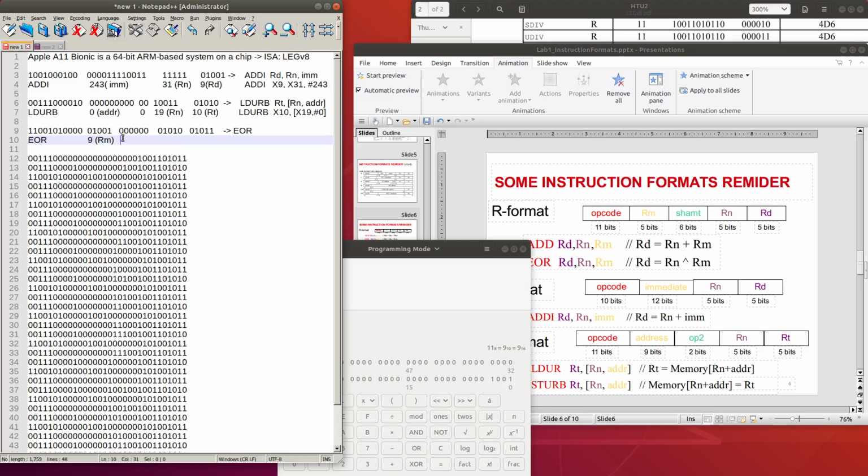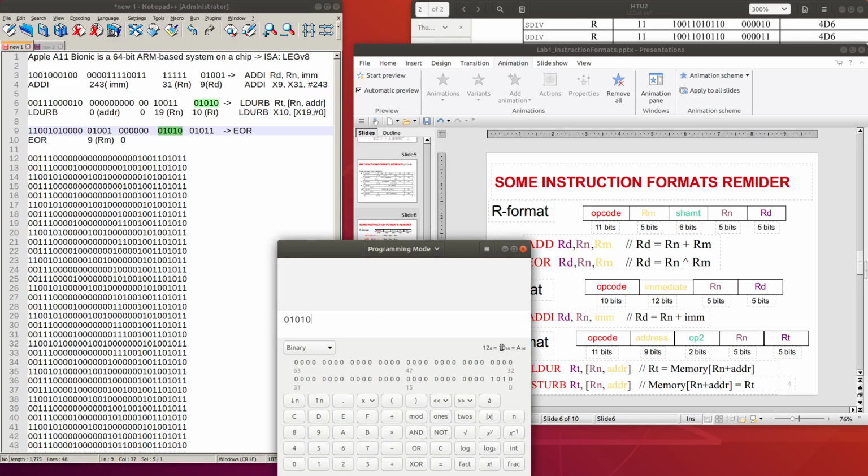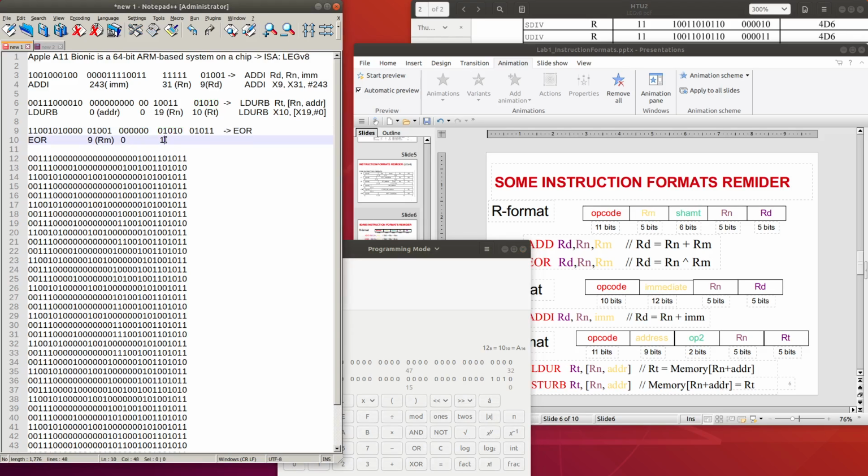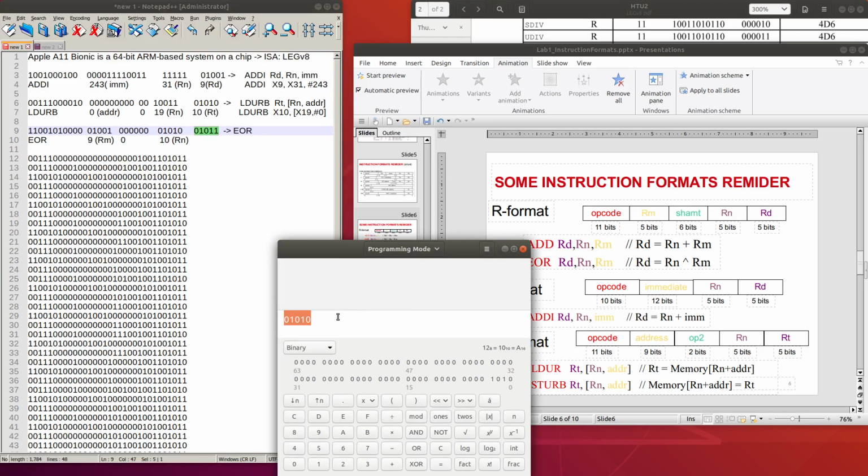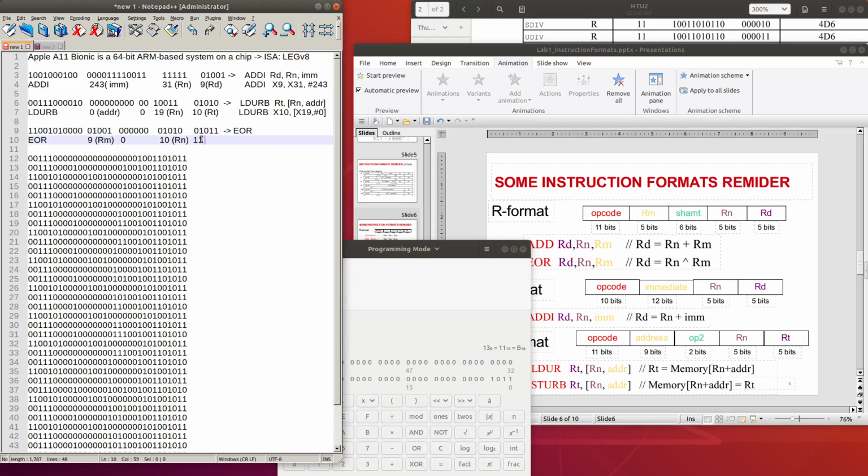And then these are a number of zeros that we want to take care of this time, and this Rn value is 10 in decimal, and it is Rn value, and finally the remaining 5 bits here will be 11. So here is 11, and it is RD.